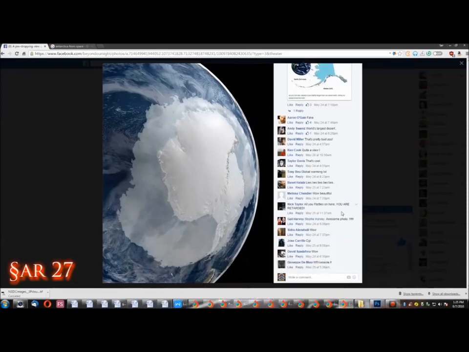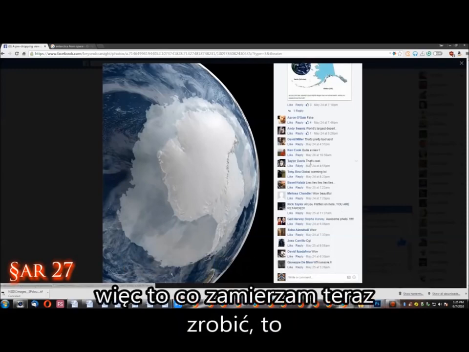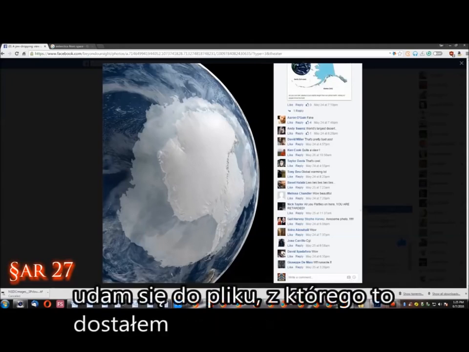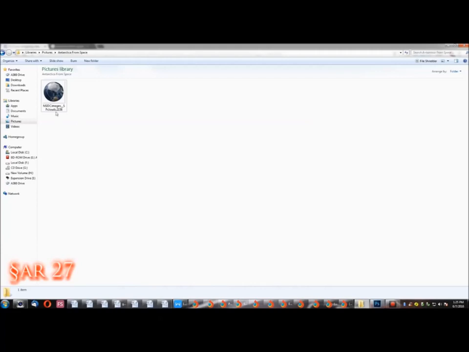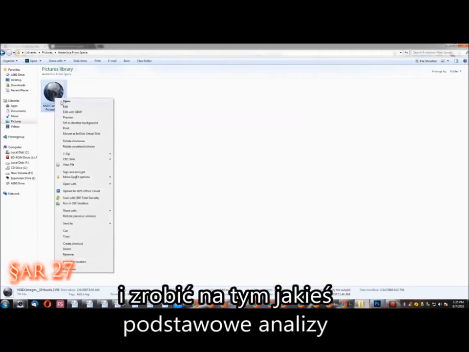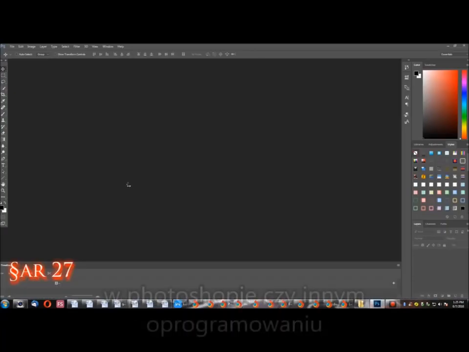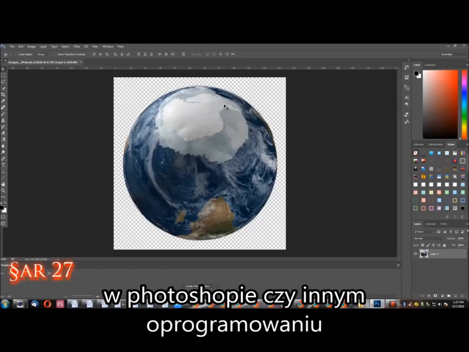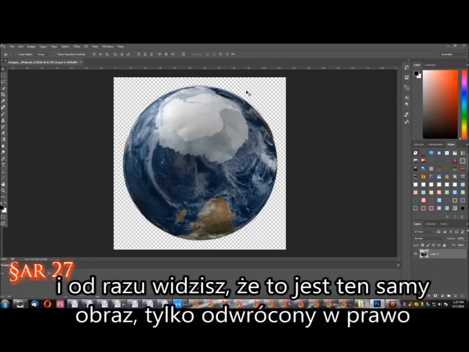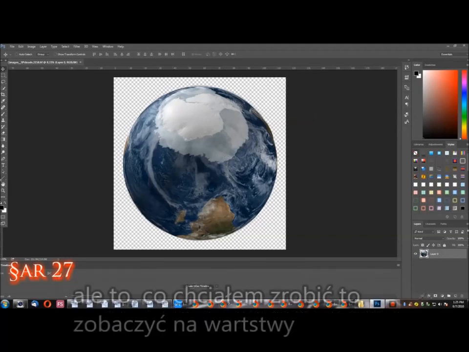So what I'm going to do is go to the actual file where they got this from. I will put this link where you can download this anywhere on a computer and just do some basic analysis on it with Photoshop or any free software that you have, and immediately you can see that this is the same image. It's just turned to the right. But what I want to do is